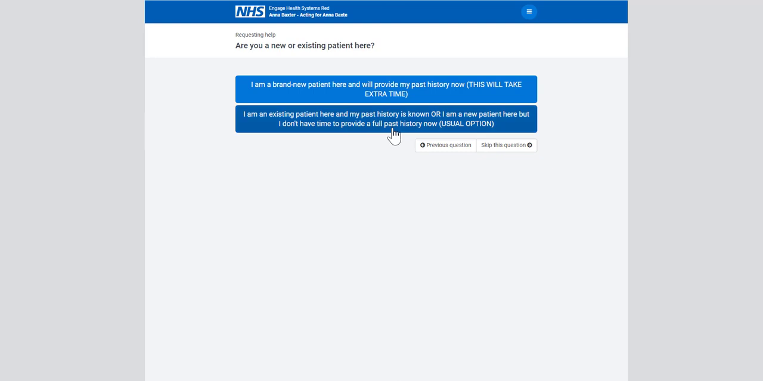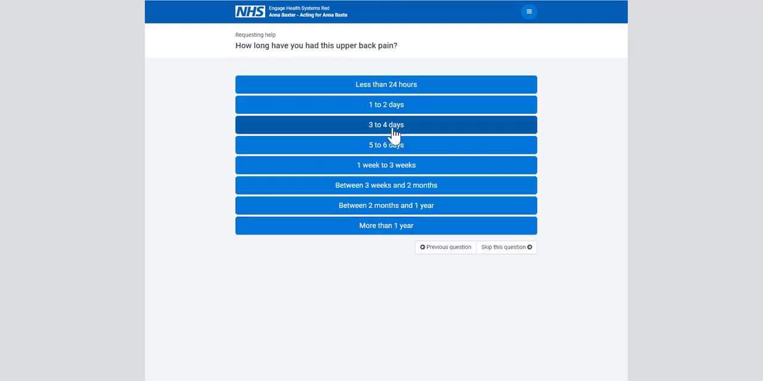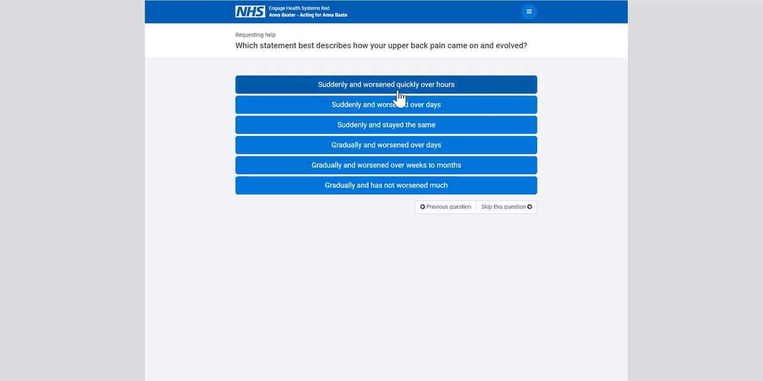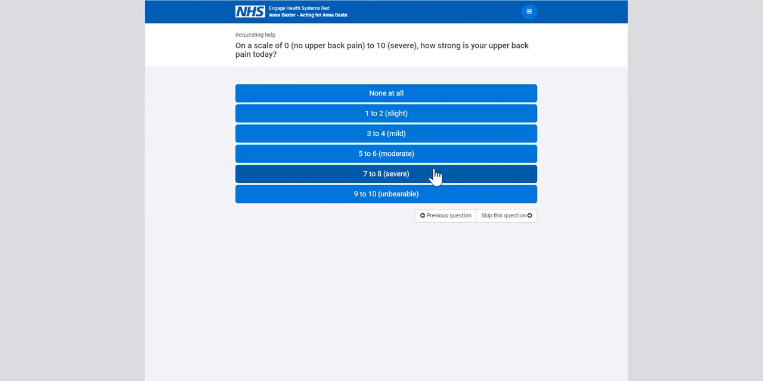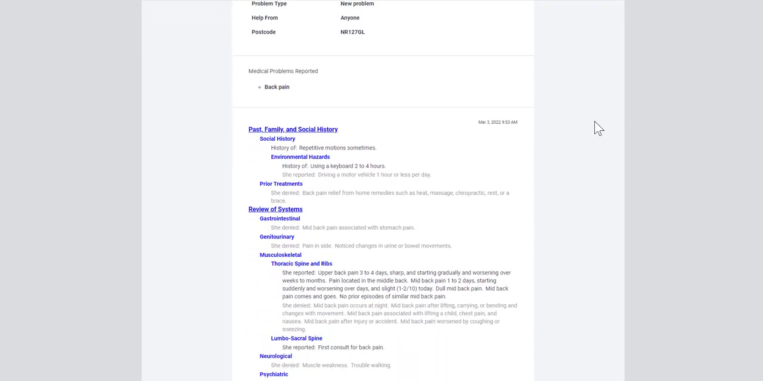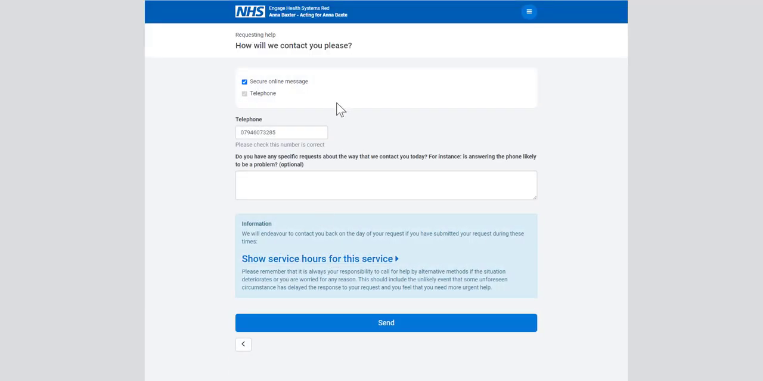And they can skip questions if they want to, but we do recommend that they answer as many questions as they can to help you out when you're looking at their requests. So once they've finished the request, they will get an overview of what they have inputted. They can write a little message, download the report for themselves or accept and continue,